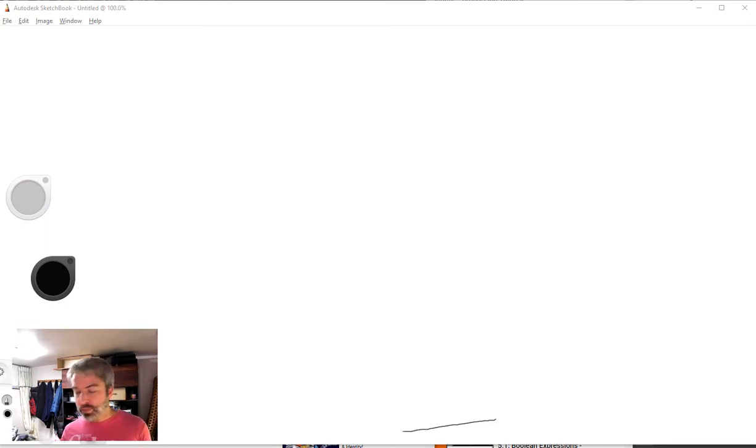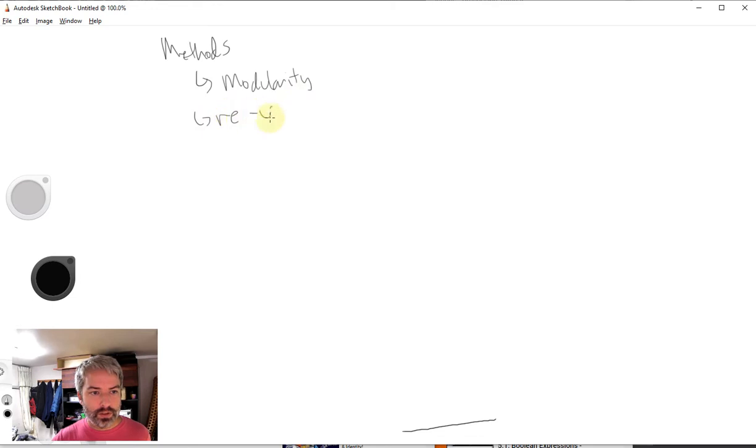So for this one, we're going to look at methods. Methods are a really important part of doing Java. And a key part of this is modularity and reusability. And basically what that means is the modularity part means that we should be able to break our